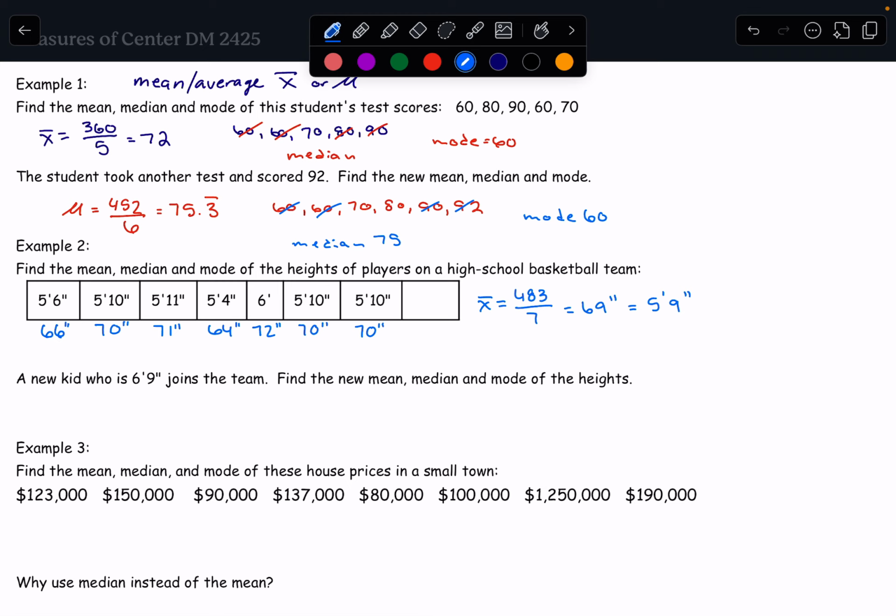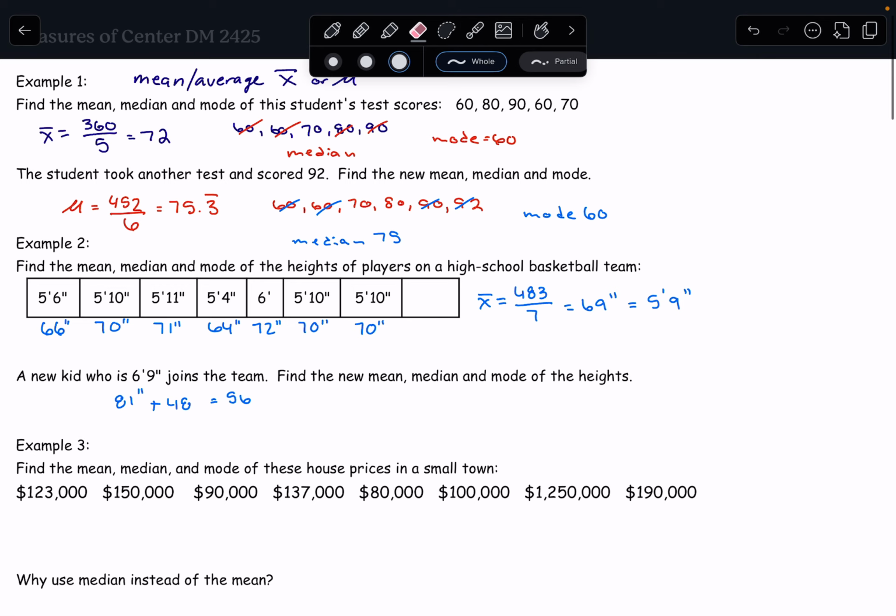What if you get a new basketball player on the team? He's 6 foot, 9 inches, and it wants me to find the new average. So that 6 foot, 9 inches is going to be the same as what, 72, so 81 inches. So if I do 483 plus that 81, then I get 560. Oh, I wrote 480. I'm like, wait a minute, that's 483. Okay, I wrote it wrong. I get 564. This time I'm going to divide that by 8, and I get 70.5 inches,